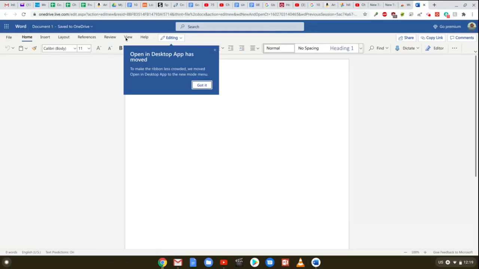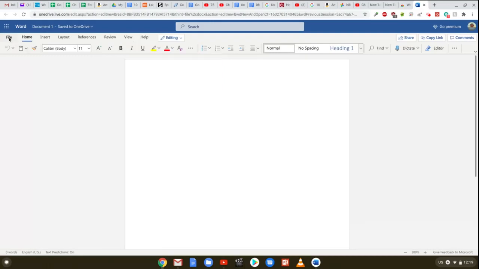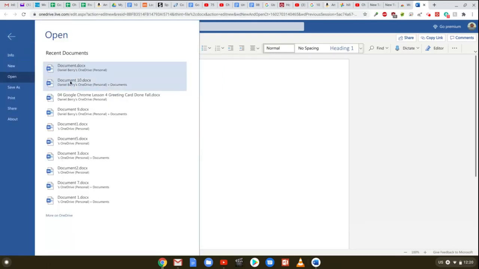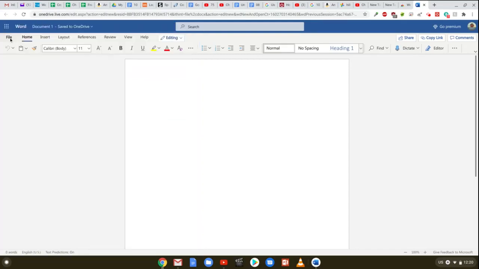And you'll notice the icon down here on your shelf. This is the Microsoft Word icon. And then up here, you have actually opened up Microsoft Word. If I go into File, this is where I can see my recently worked on Microsoft Word documents. These are all found in my Microsoft OneDrive. So we already saw these lists before, but it's the same here.